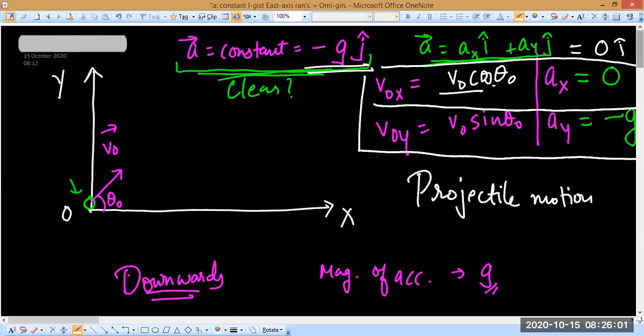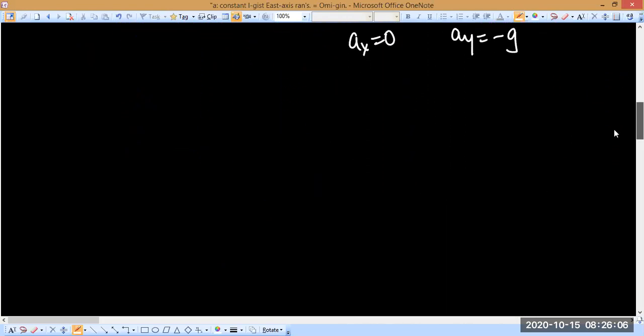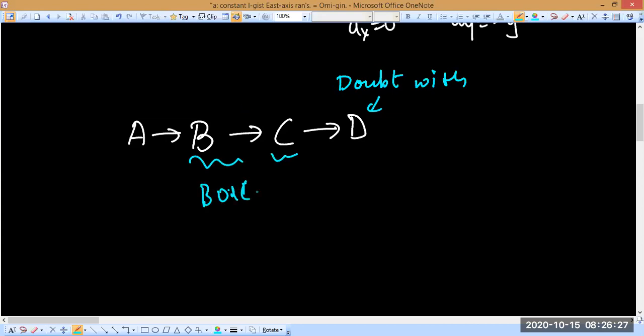And you know, what I've noticed with lots of students every year is that suppose A is used to understand B, B is used to understand C, and C is used to understand D. And then when you have a doubt with D, you should actually understand that there is a problem with B or C, right? તમને B or C નહીં સમજાતું હોય ને એટલે તમને છે ને હવે D નથી સમજાતું. You should understand that very well. Okay, so please try to